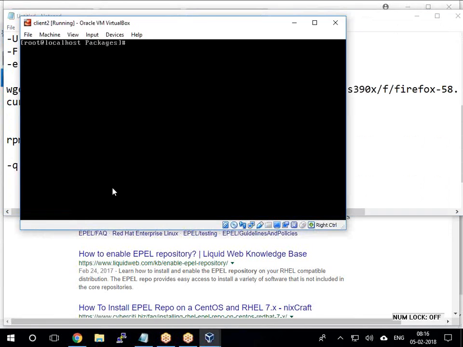See, before going to install, if you want to check whether the package is already installed or not, okay, rpm -q package name, example vsftpd. Just specify the package name. If the package is already installed, it shows the package name and its version. If the package is not installed, it shows package not installed. Right? Next, note down